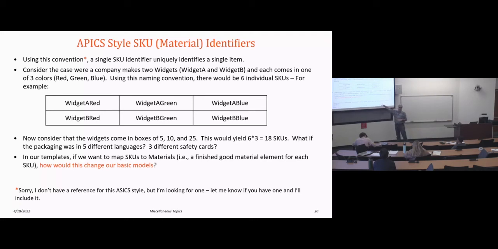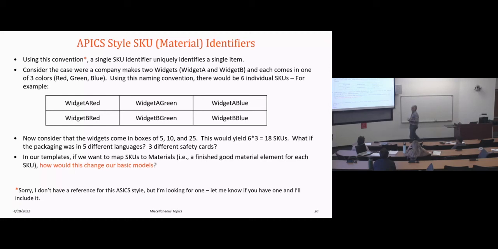What it would change is that we would have a whole lot more routings and bills of material and so on, because when I look at widget or widget A, for us module A, widget A red, widget A green, widget A blue, right? Those are all different things, and so they all have to have their own routing, even though all of the routing is the same. Just the bill of materials when you get to paint is the only thing that differs, but you have a replication of all of that data.